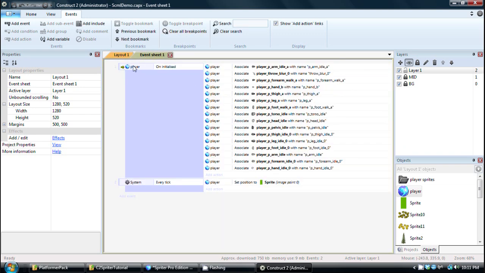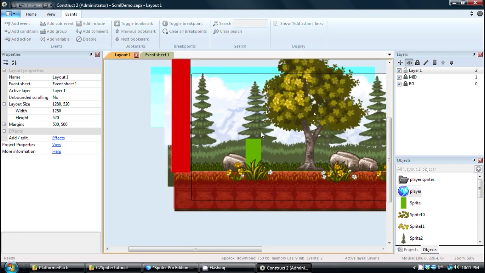Okay, and now we're going to take a look at the event sheet, and you'll see the initial event that the Spriter plugin itself created when I imported the Spriter file. And then I've created one event that simply on every tick sets the player Spriter file to the position of the sprite that I'm using as the platform movement object. So now if I run it,